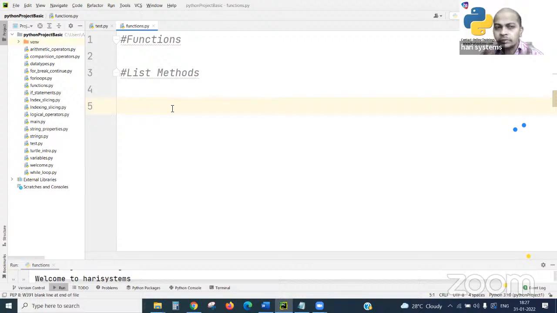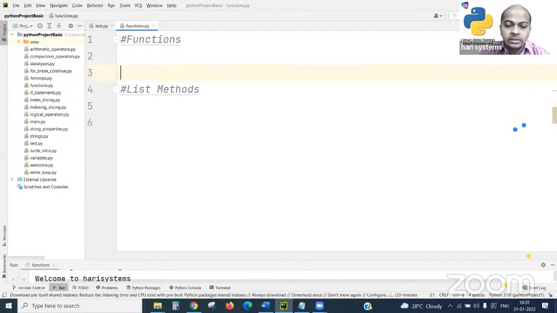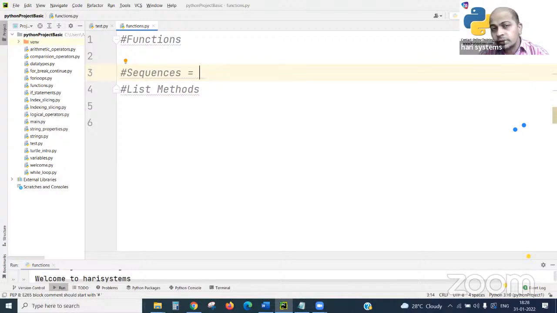These all topics will be called sequences. These are also very important for those exploring data science and machine learning concepts.